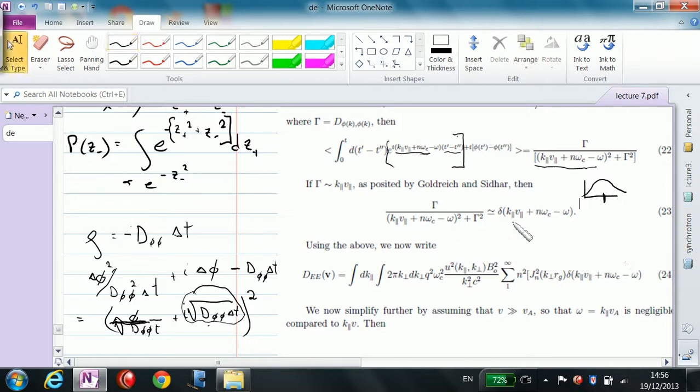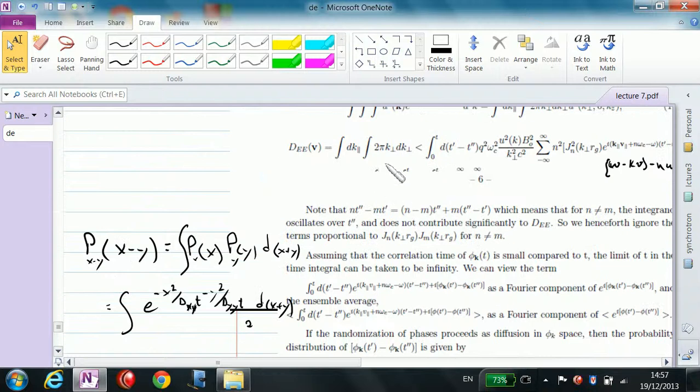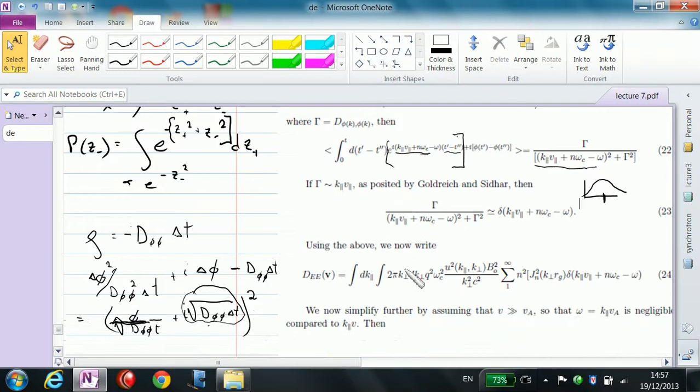I'm just saying that I'm cheating a little bit because it's a pretty fat delta function, but if you can approximate it as a delta function, then you can go back to this integral over k prime and pick out the values of k where the delta function picks out,